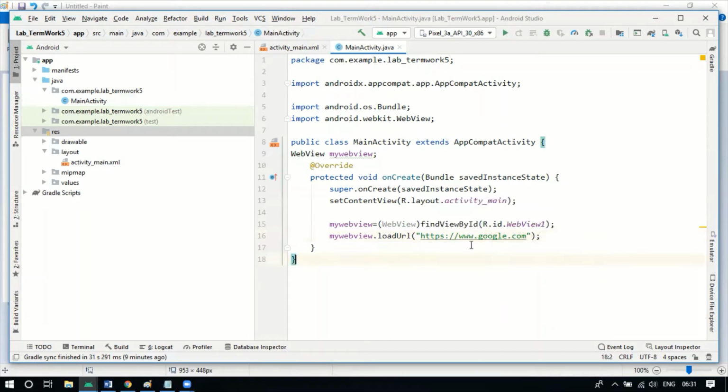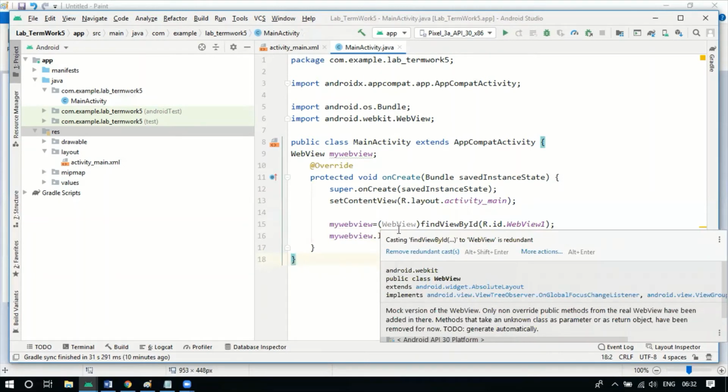So this is the code that you need to write in this MainActivity.java. So you just need to create an object for the web view, and once the object is created, you need to fetch the ID that we have given in the XML file by using this find view by ID. And for this object that we have created, you need to use this method, that is load URL.